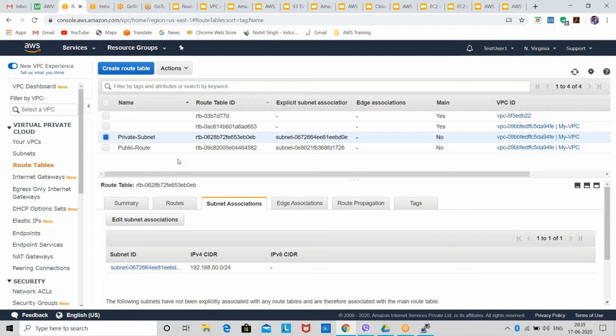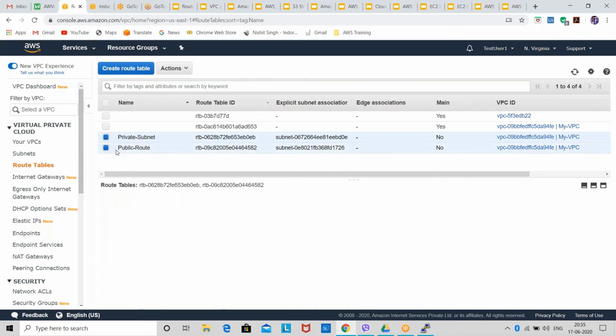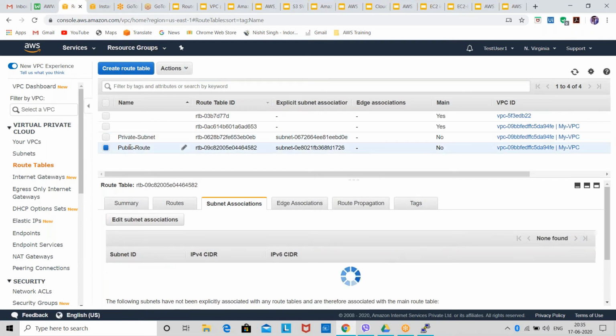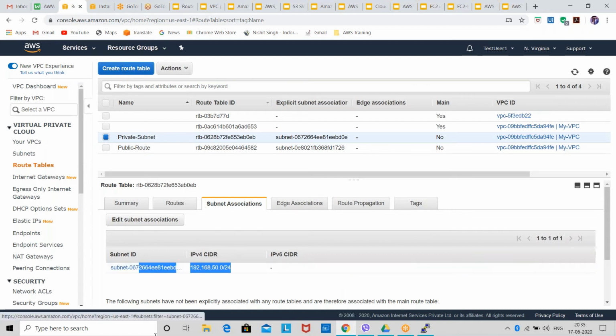Then only the instances in the public subnet will get the routes from the public route table. So that's why for public route I have associated this public subnet, and for the private route, I have associated this private subnet.